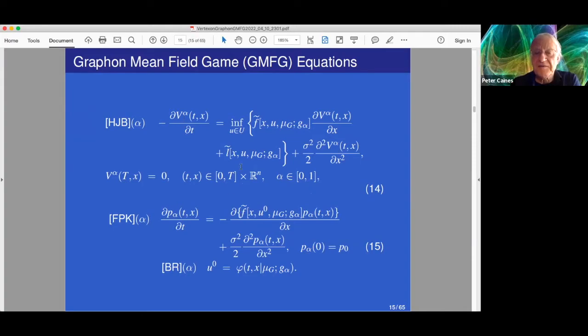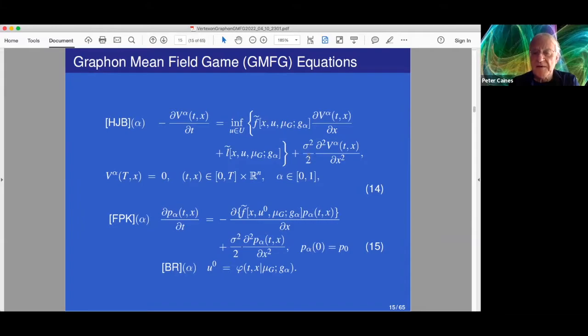Then notice how what's going on at the other nodes gets into the action at any given node. The answer is that it comes in through the role of the entire family of local mean fields coming into the drift and cost terms. And we will have a Nash equilibrium for the reasons that